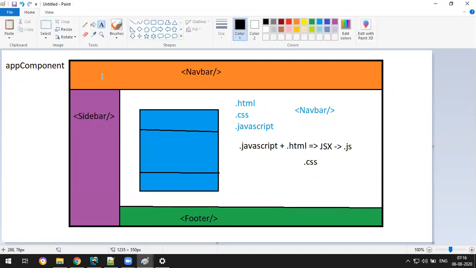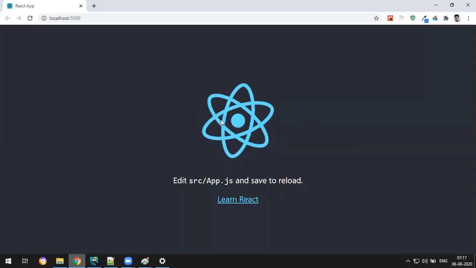So your Angular or React.js application will have a root level called the app component. In that we have multiple components. So this is actually coming from the app component.